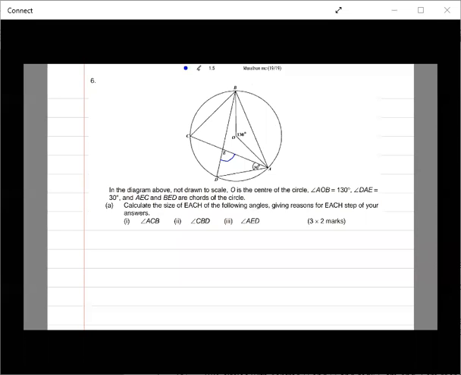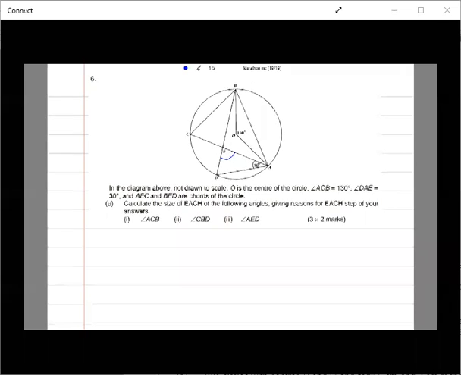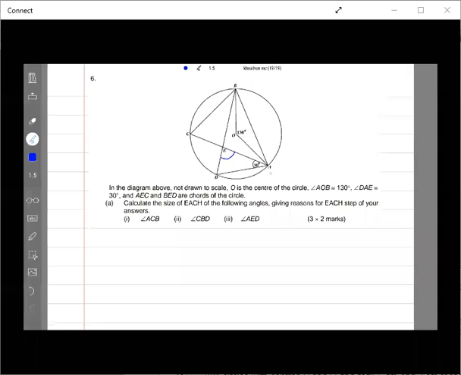All right. So this is question number 6A from the homework. In this question, the question reads,